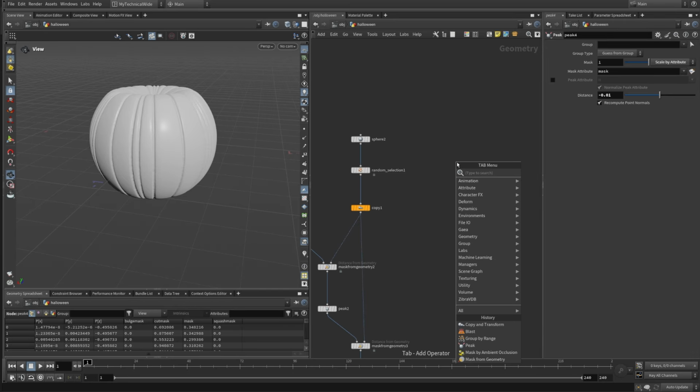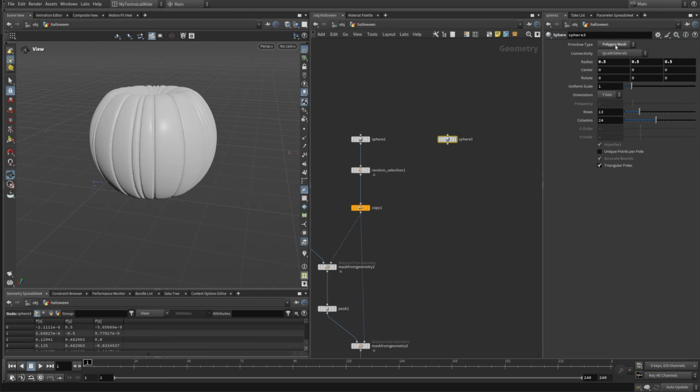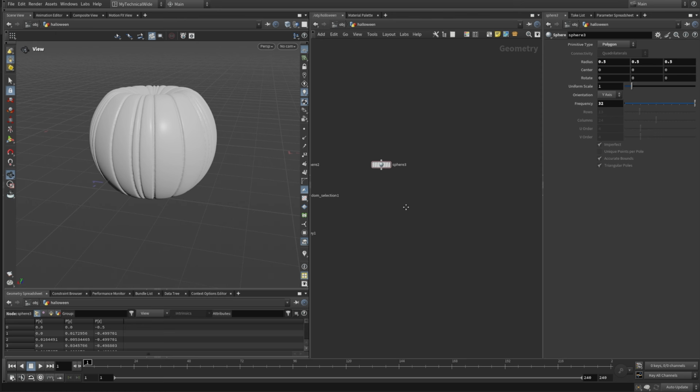So I started with actually a lower resolution sphere. So let's create a sphere. And again, we're going to set this to polygon. I'm going to set the frequency to 32. Okay, and then for the cuts sphere, let's duplicate this one. Actually, let's put a display flag on this. Okay, so we have